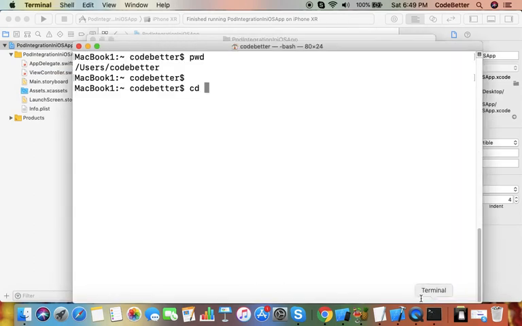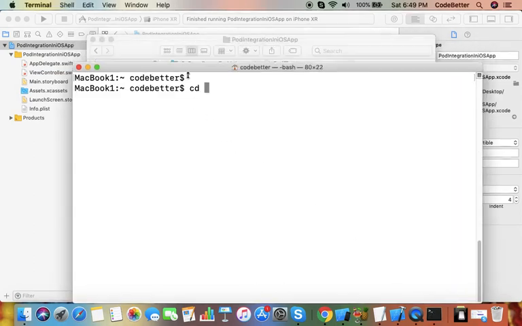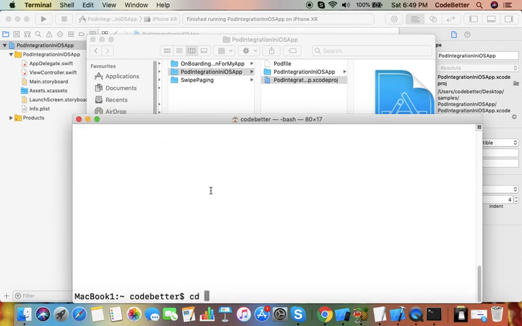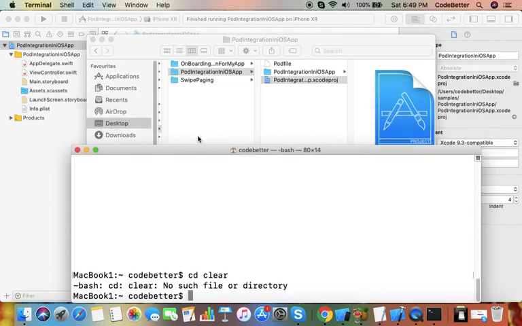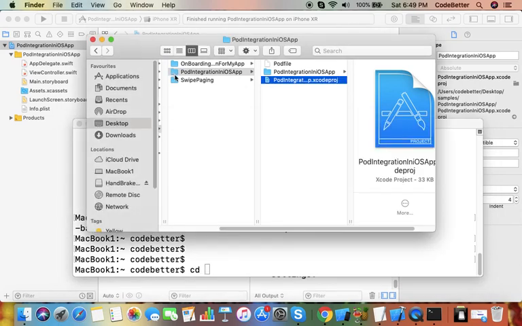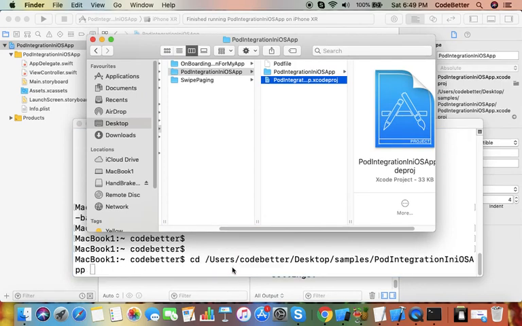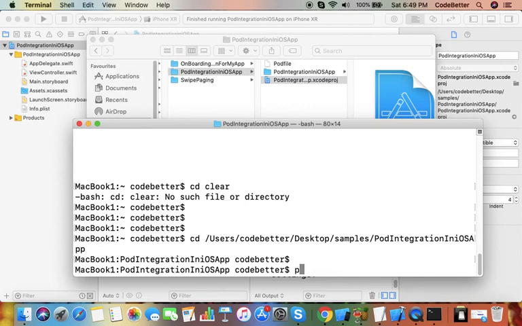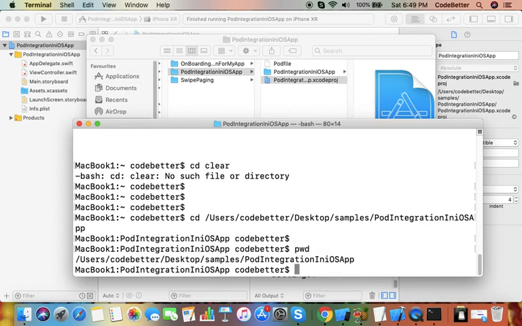What I'm going to do now is cd, then my project folder, and here I am at my project folder in the terminal.